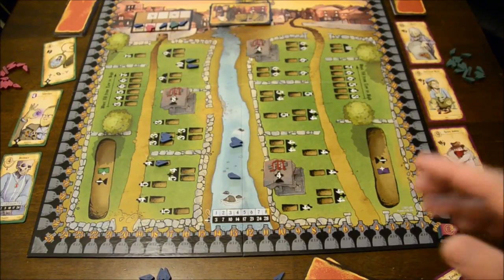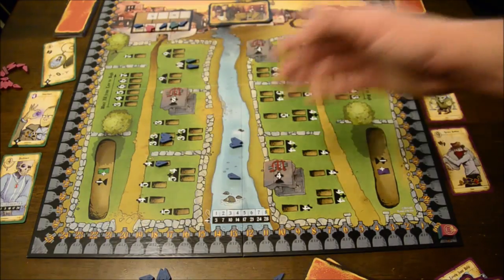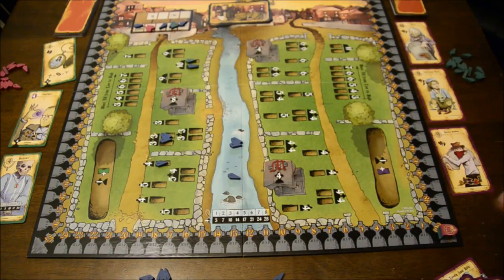And the turns are very simple. At the start of each turn, someone's going to be the start player. They're going to draw a card from the top of the deck. They're going to choose which side of the river to put it on, whatever side that they want. Then each player is going to take 3 cards from their hand and put them down in front of them. When every player has put down their 3 cards and locked them in,